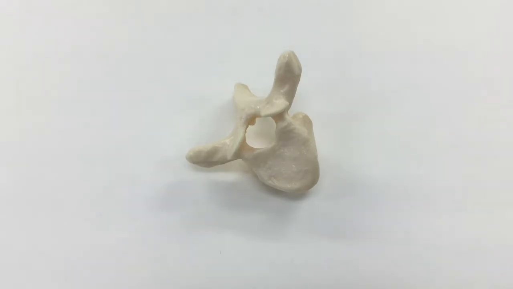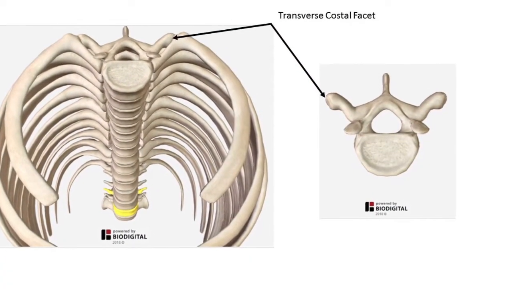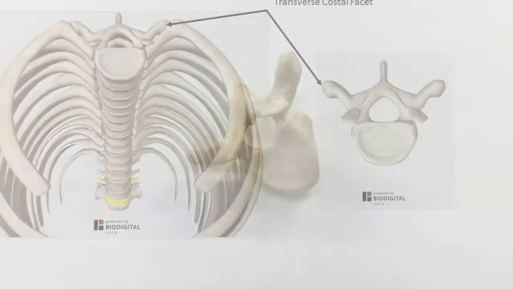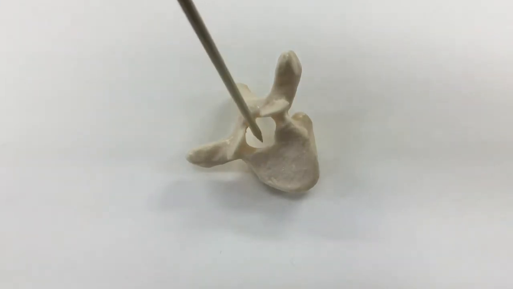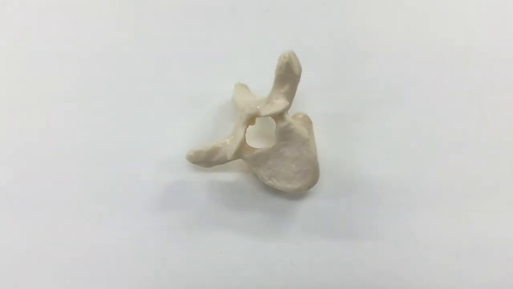Another feature that is unique to thoracic vertebrae is the costal facet. So on the transverse process, when you see a very smooth area on the end, this is the costal facet. This is where the ribs will articulate. We still have the vertebral foramen for our spinal cord. You will also have